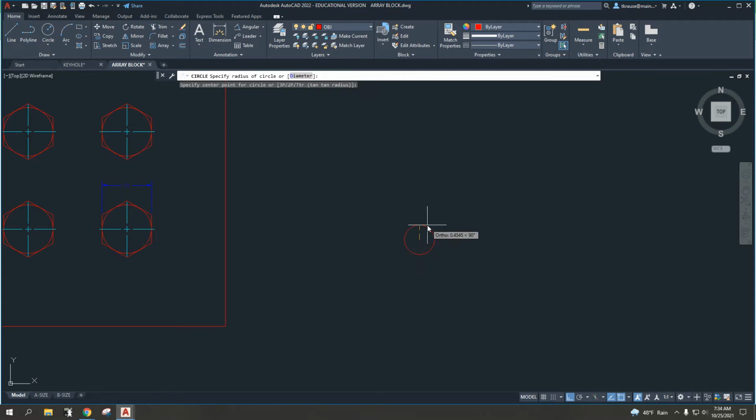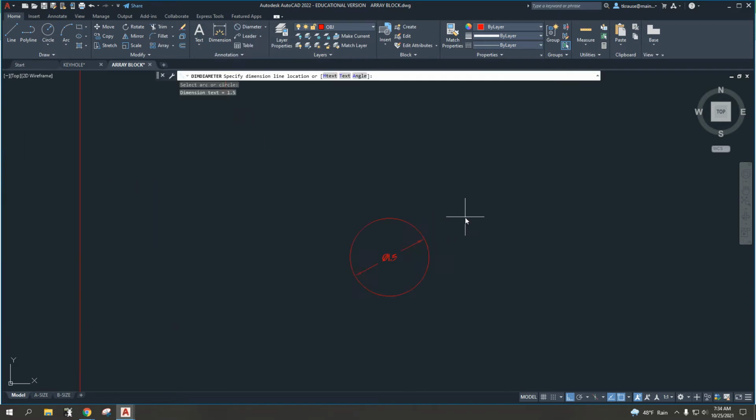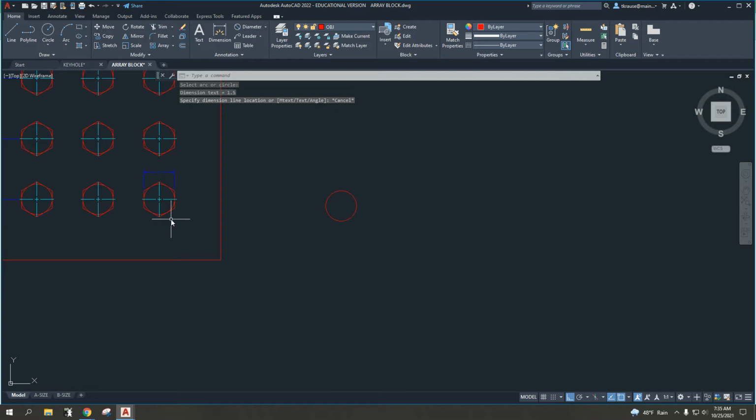Let's draw it out here and I'll do a D and enter for diameter. And it's going to be 1.5 and hit enter. Okay, so there's my 1.5 inch diameter circle, just for reference. Okay, now, first thing we would need to do